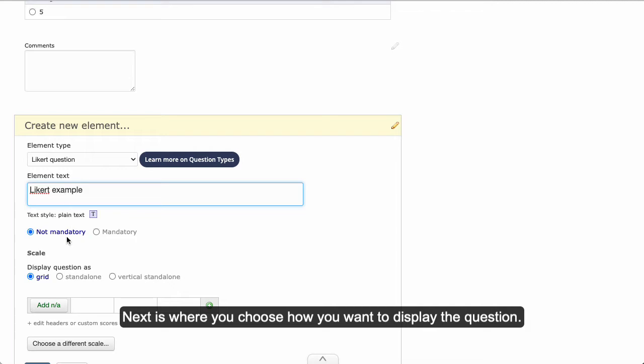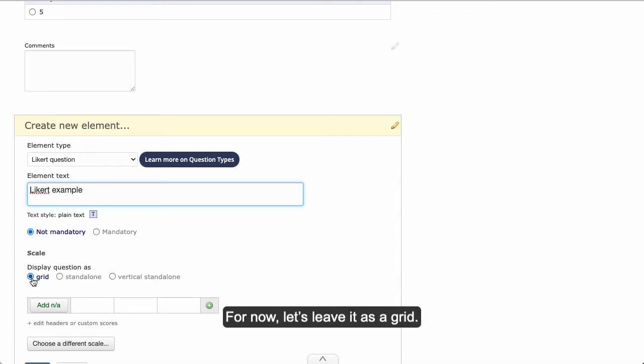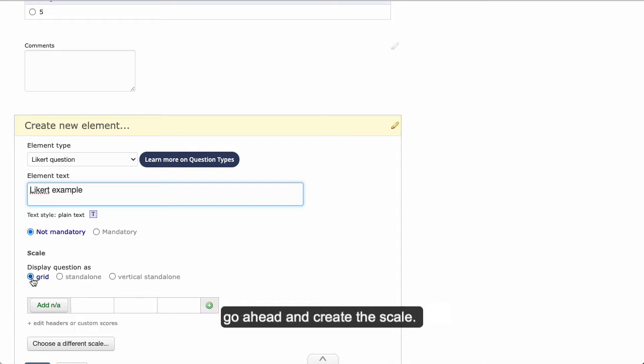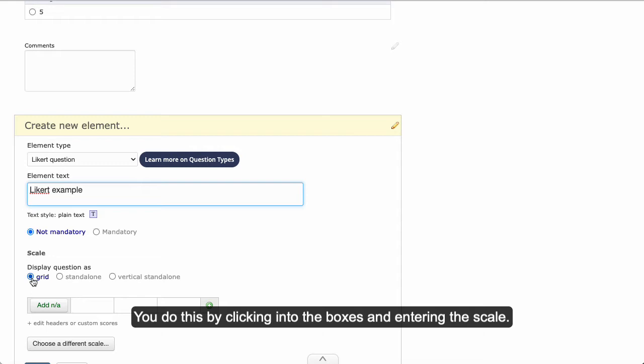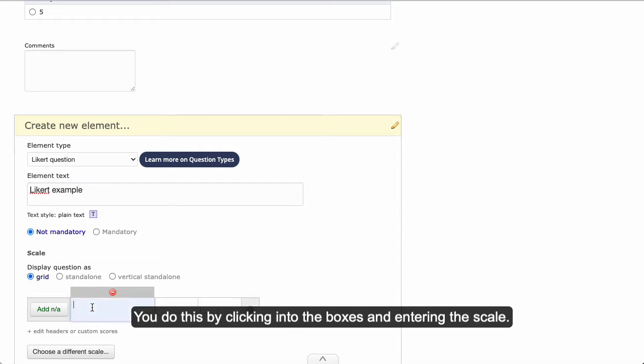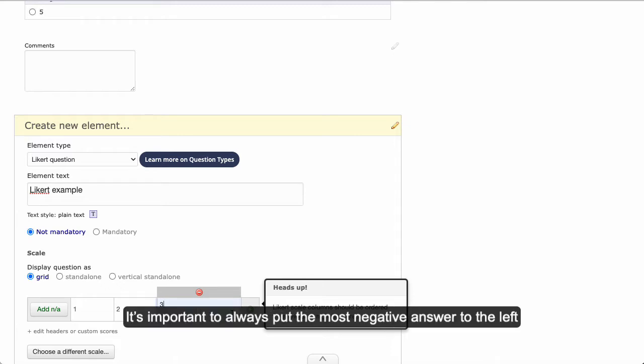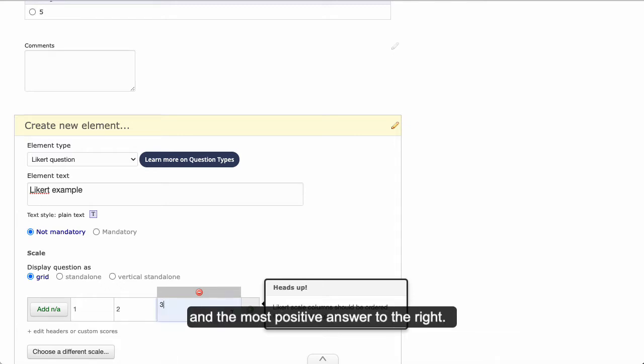Next is where you choose how you want to display the question. For now, let's leave it as a grid. Assuming this is a brand new scale that has not already been used on the form, go ahead and create the scale. You can do this by clicking into the boxes and entering the scale. Let's say this is a scale of 1 to 3. Click on the first box to the left and enter 1, then the middle to enter 2, and the right to enter 3. It's important to always put the most negative answer to the left and the most positive answer